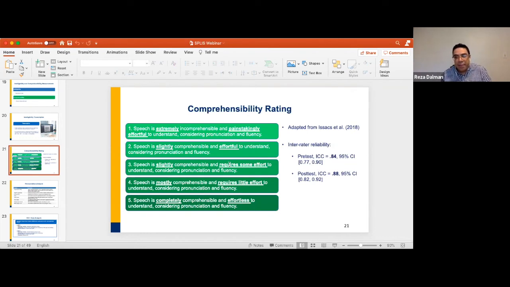I then compared their ratings with mine, and there was not a lot of difference, because after the training, they were all calibrated. There was only one instance in which there was a 2-point difference between my rating and a rater's rating. For example, I gave the speaker 3 and he gave 5. There was only one instance of this. Before the final ratings, I had a meeting with the rater, we talked about the rating, and then we calibrated that. Briefly speaking, this is what the rater training included.